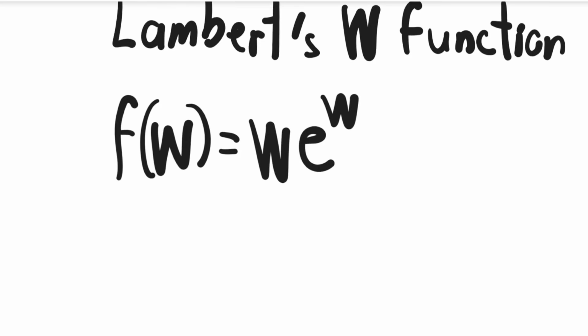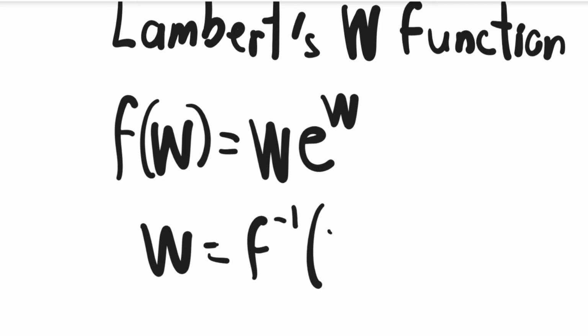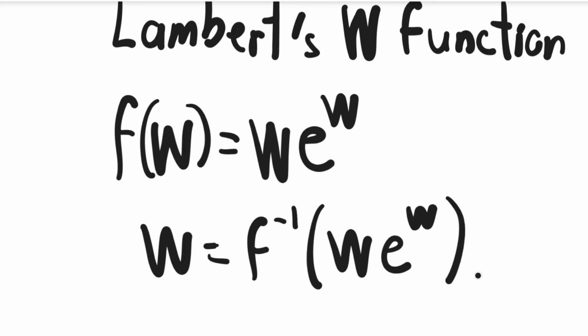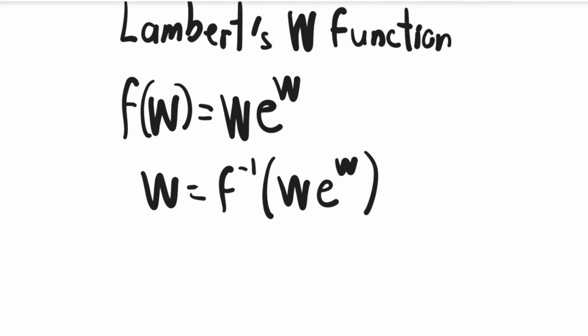And if we were to get the inverse function of this, we will get that w is equal to the inverse function of w e to w. And as you can see, this is just w. But commonly, instead of saying f of minus 1 of this, we use W itself to denote the Lambert's omega